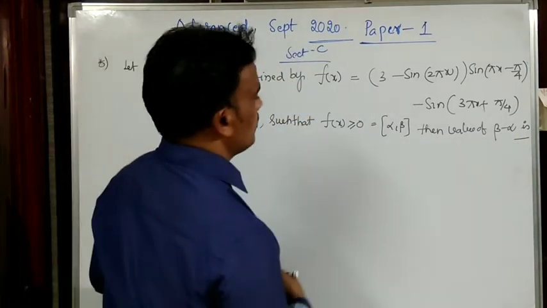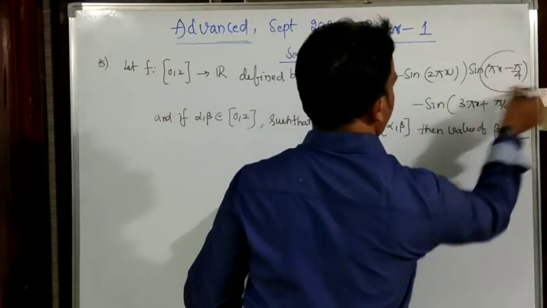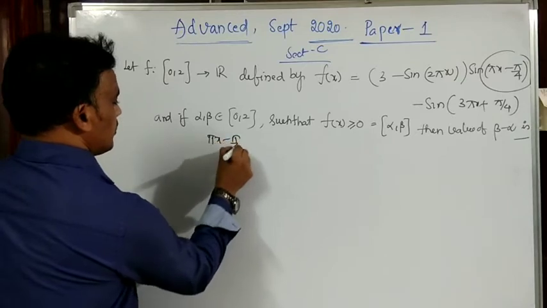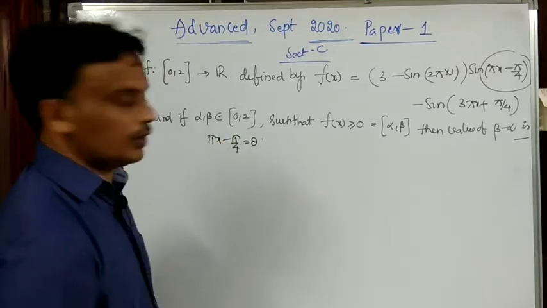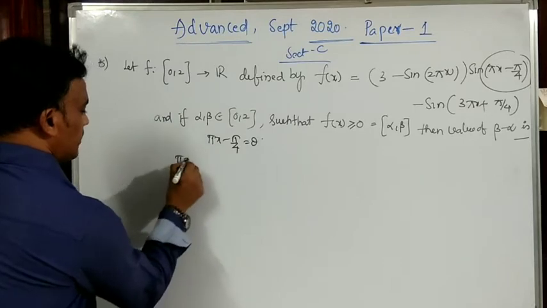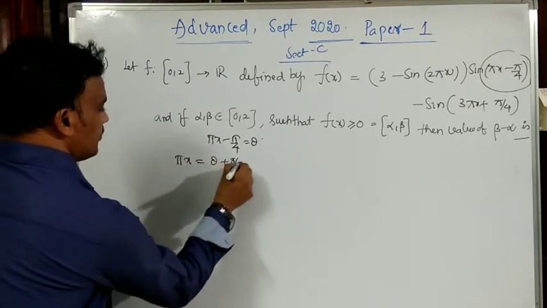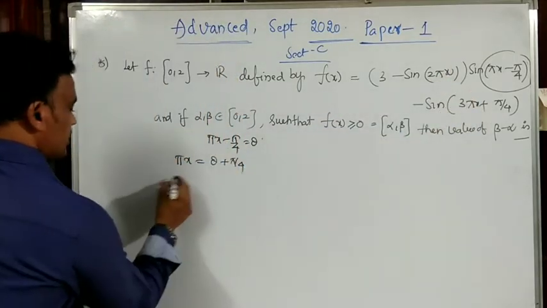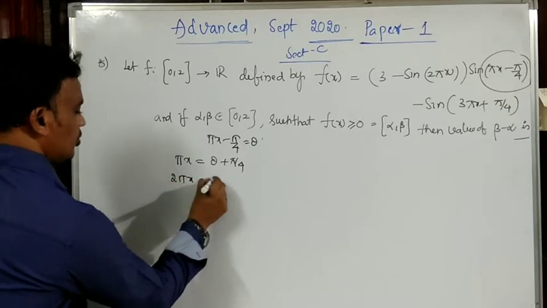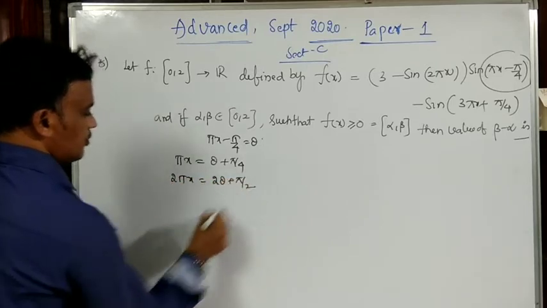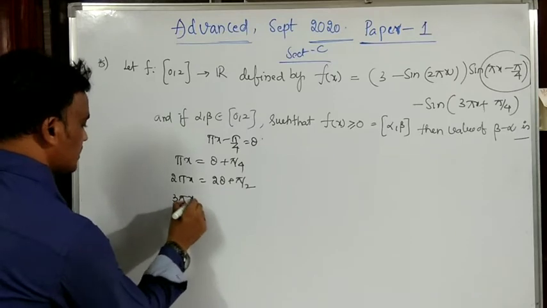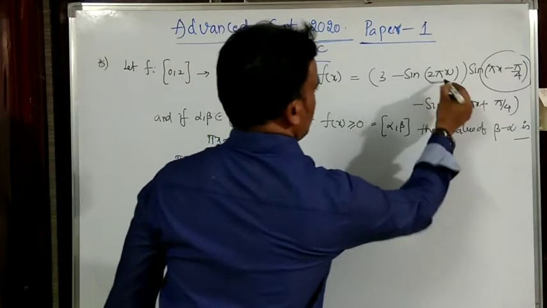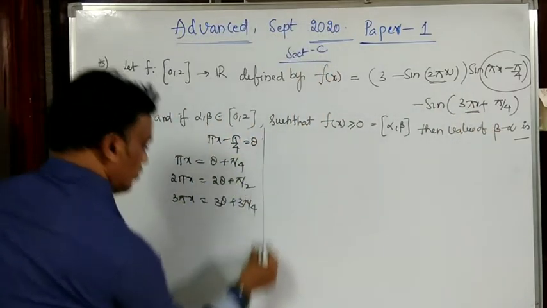Please take this angle πx minus π/4 as theta. Then I can write πx is theta plus π/4. Here we have 2πx and 3πx. What is 2πx? 2πx is 2 theta plus π/2, that is 2 times π/4. What is 3πx? It is 3 theta plus 3π/4. So here we are going to replace in the total values. Then our problem is